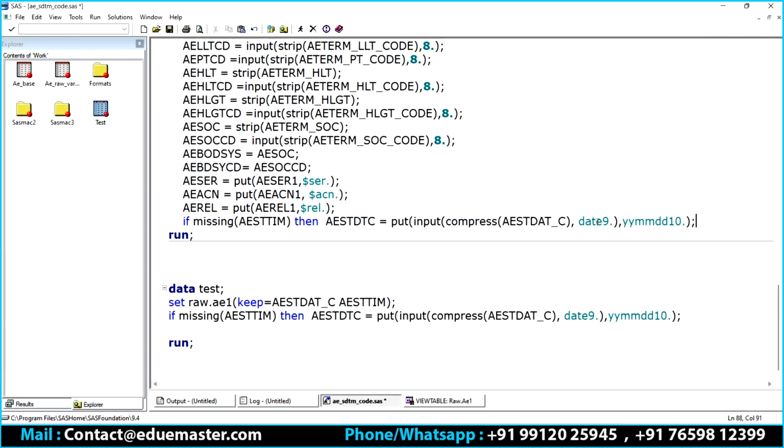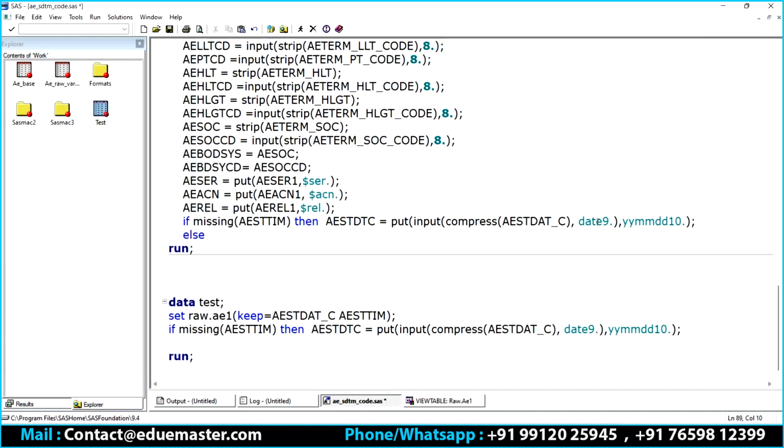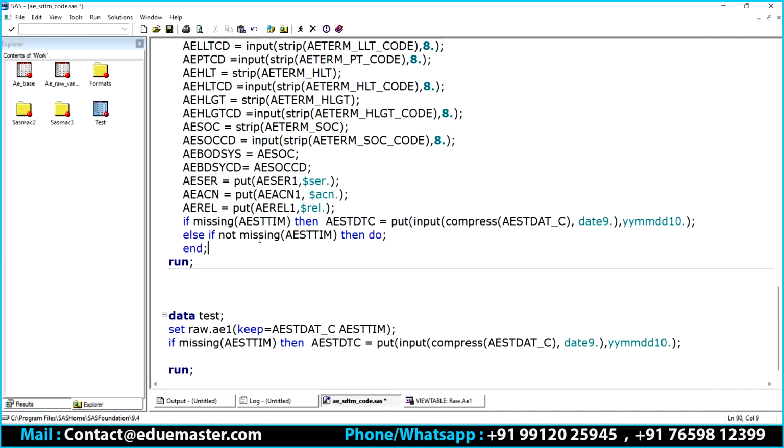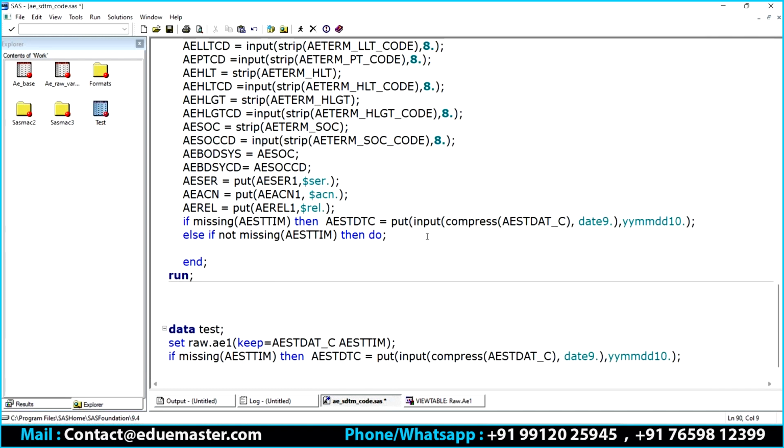All right. What is the next thing? Else, if this is not the condition, because I also need to check for the other one, right? What is the other one? Time. Else if not missing of this, else if not missing of AE start time, then do. I'm going with the do operation here because I want to do two things here. The first one, okay, if it is not that,